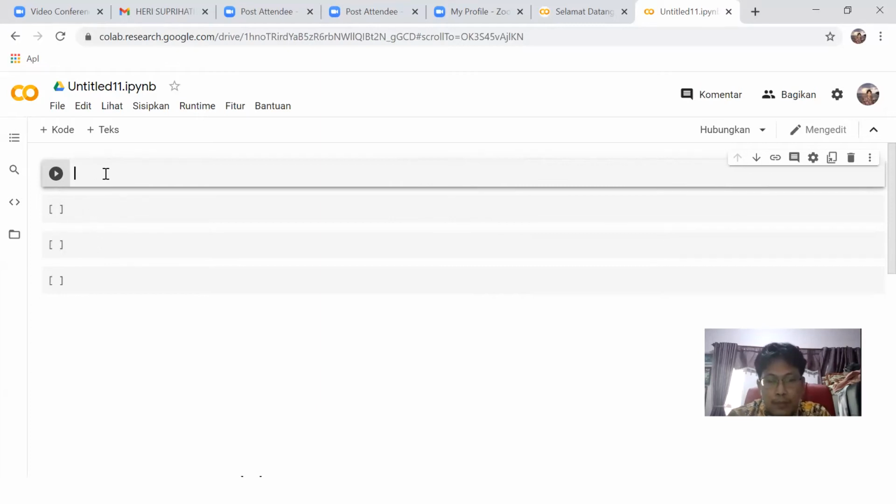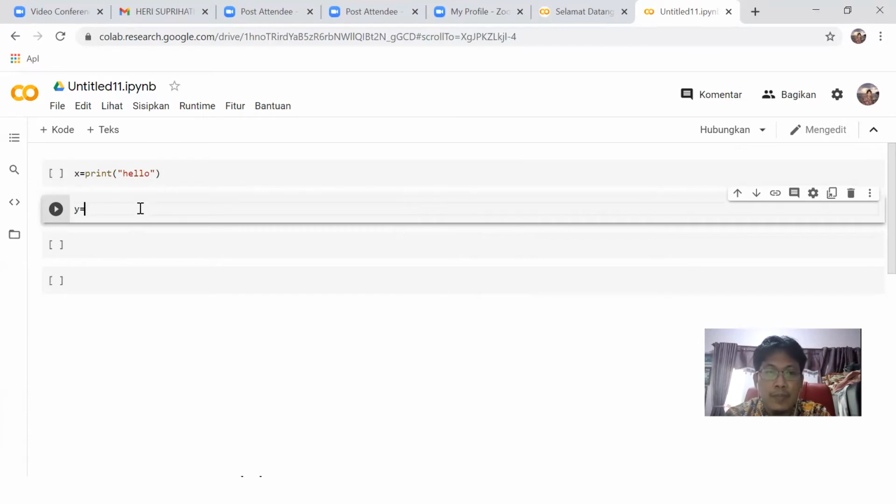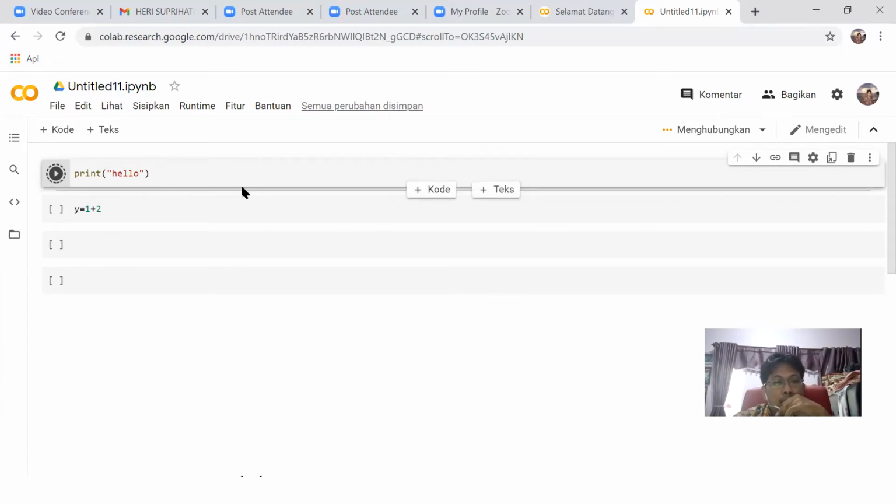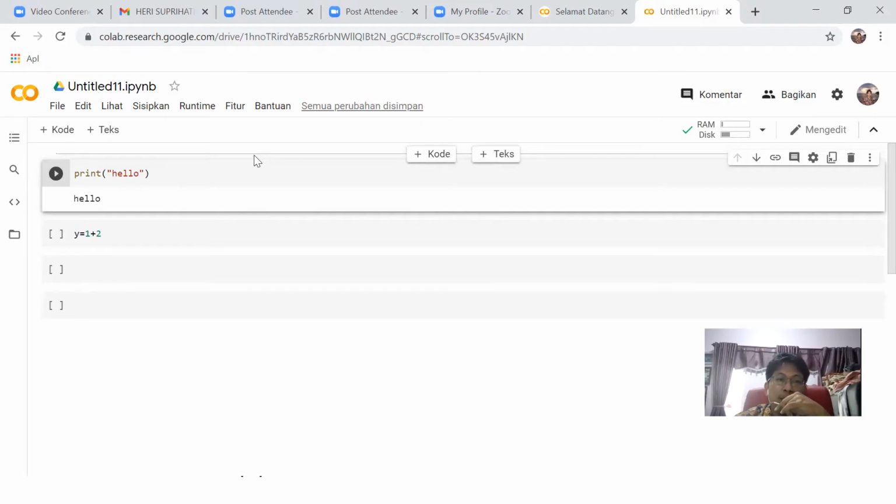For example, I run this cell. Because Google Colab uses Google's processor, there is a delay because you have to use the internet network.